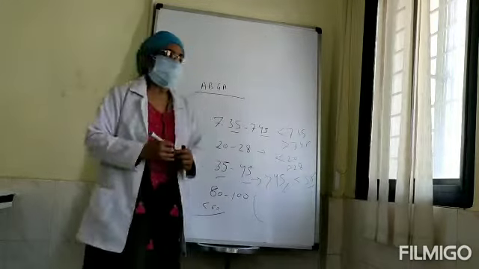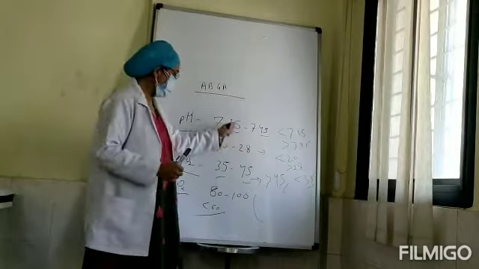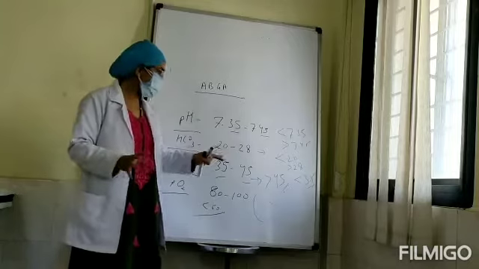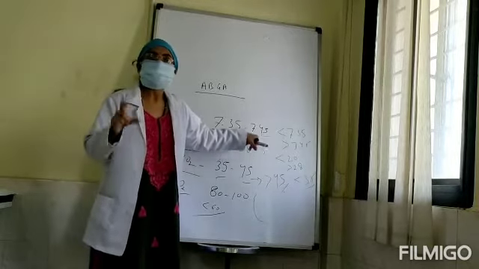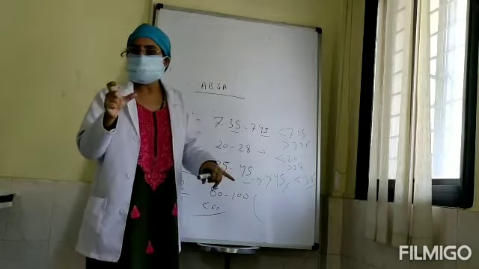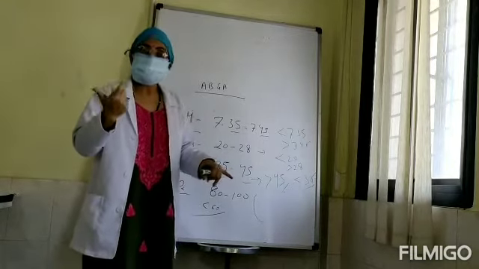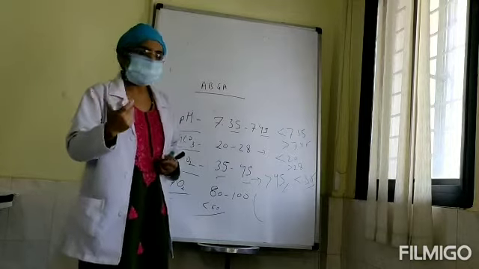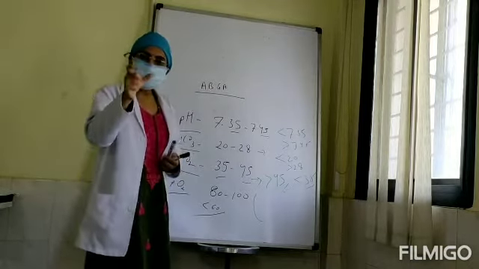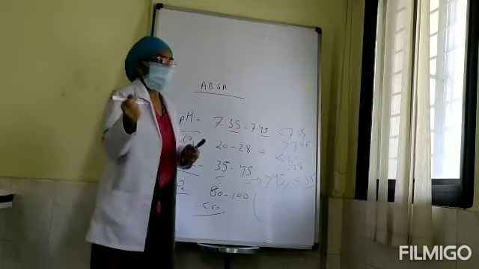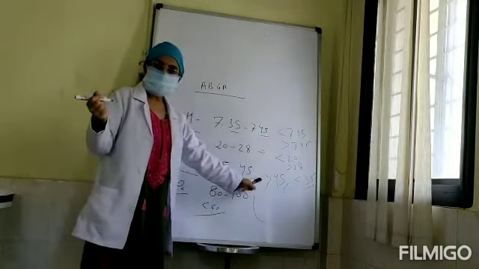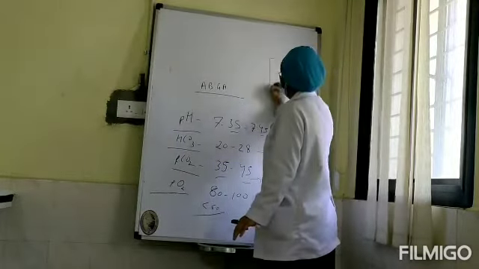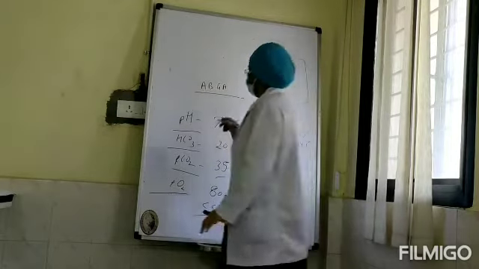Now the most important problem is, this is the normal ABGA value, but when we read the ABGA, it is not going to work, because this is just going to tell you the extremities. Ranges are just telling you the lower and the upper limit. But what about those hidden issues? How do we identify those hidden issues? For sorting out those issues, we have made certain limits. So what are those limits? This is the normal value which you are supposed to remember. But when we read an ABGA, you are supposed to remember only one value. So what is the one value?